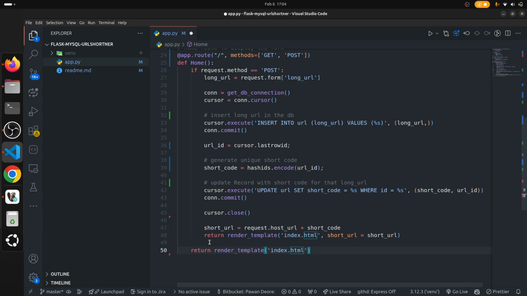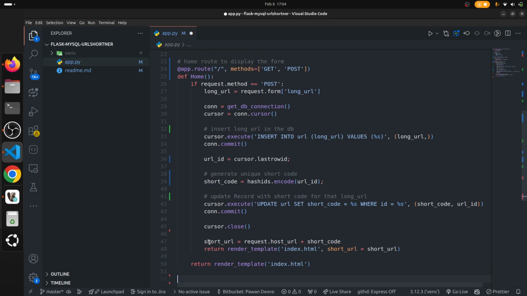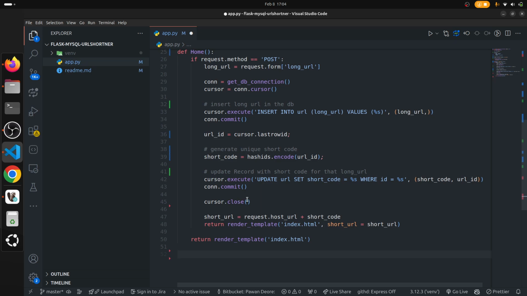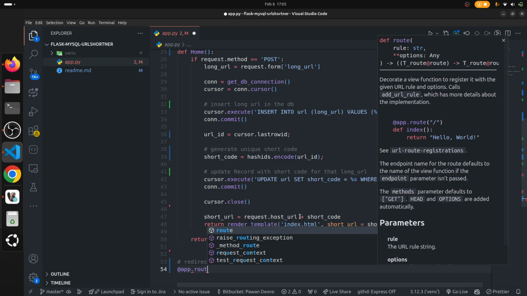Okay, so this is one step. So another thing is, now let's say someone is clicking on this url, this one, so they need to be redirected to the original longer version of that url, right? So for that we will write code here, redirect from short to long url version. Yeah, so for that we need a new route, app.route,